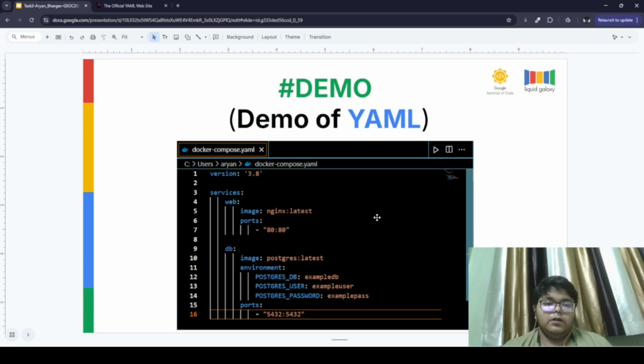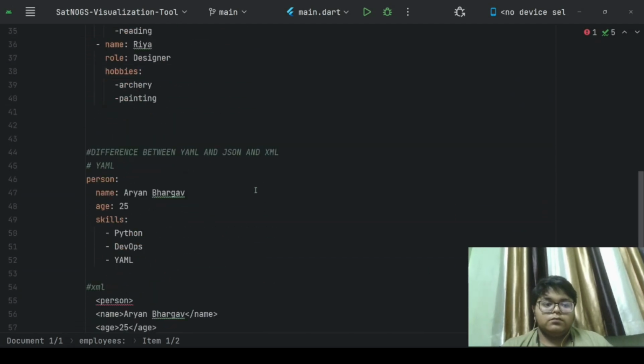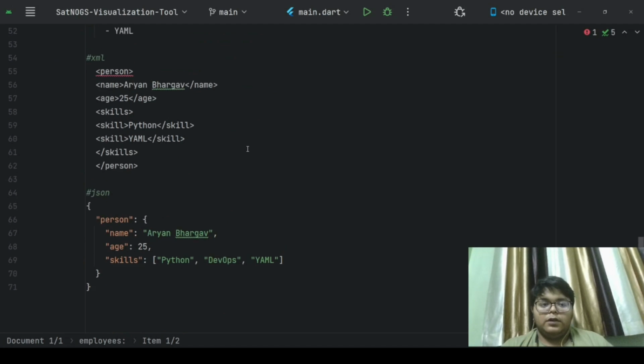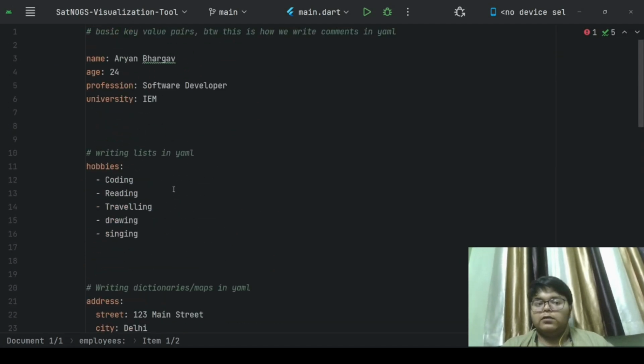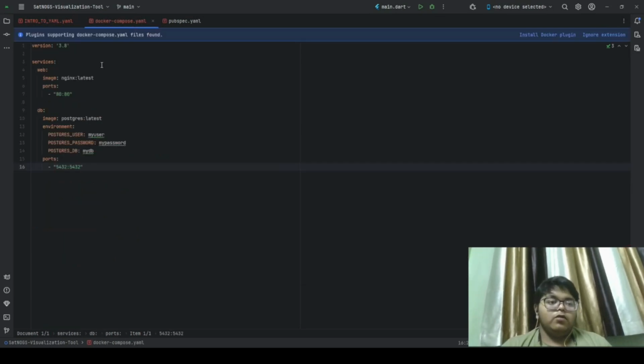Now, let's move forward and see how we can use YAML in a practical application. Apart from this, which could be used as a demo, we can use YAML to write a Docker Compose file